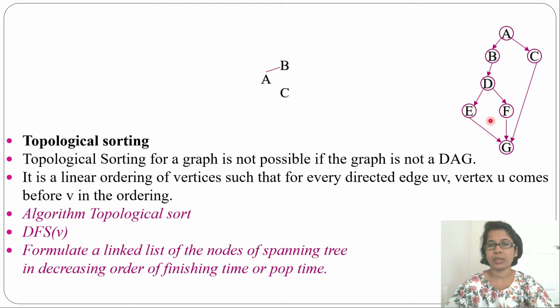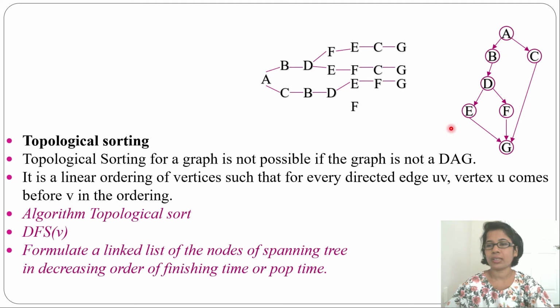So what will these be? From A either you can go to B or you can go to C. Then from B you can go to D. After B there should be D. B, D, then E, F can be alternate, like either you can visit F, E or you can visit E, F. And before G, C should be there. So E, F, then C, G or F, E, C, G. And the other way is from A, you can start with C, A, C, G. But before G, this part should come. So A, C, then you can start B, then D, E, F, G, or you can say F, E, G. So these are the four topological sorts.